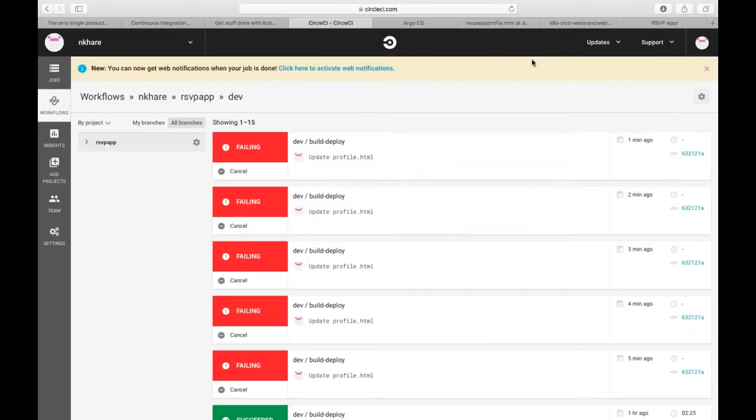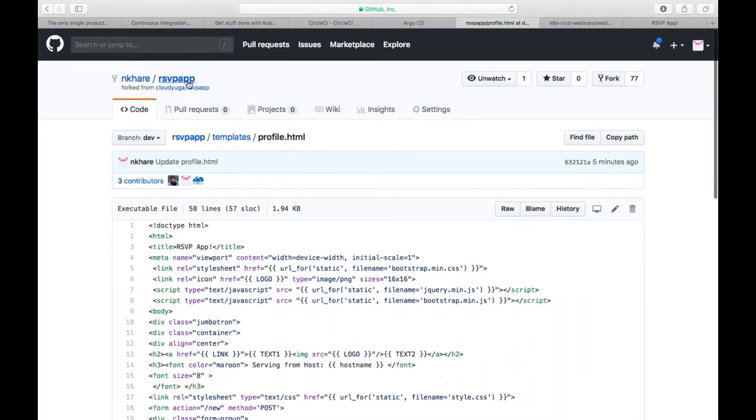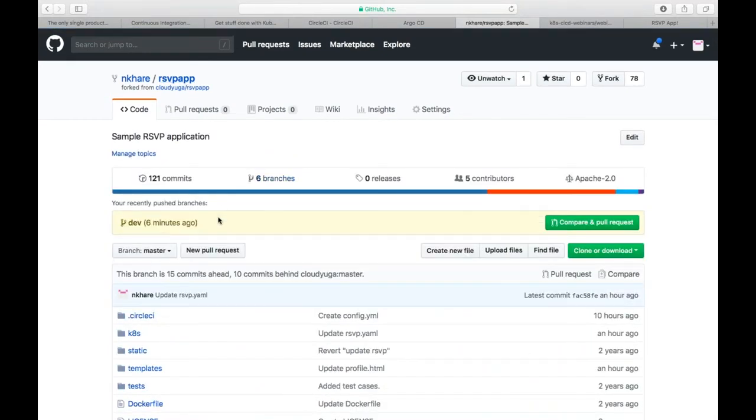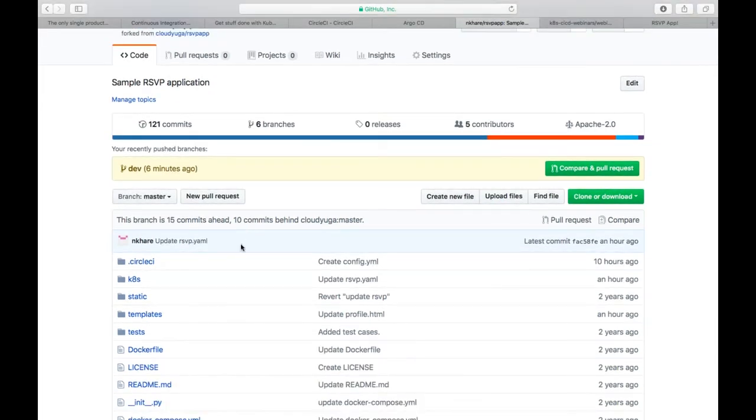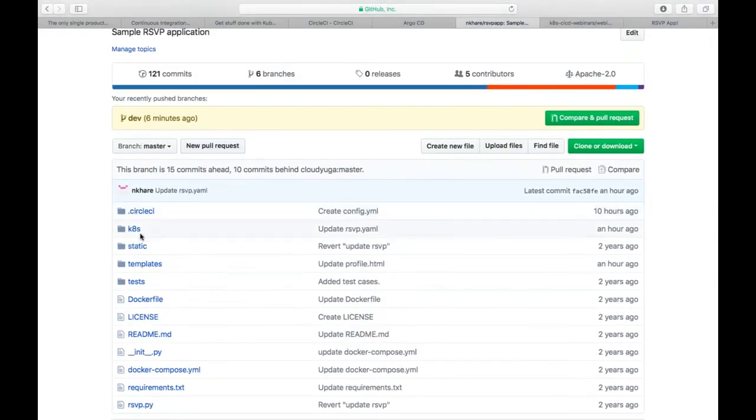Let me quickly show the Git repo and how it looks, and then I can talk better there. So let's go to our master branch. Here we are not going to look at the dev branch. If our test cases had run perfectly fine, we would have sent a pull request from the dev branch to the master branch, and then the master branch would have the latest code, which we were going to deploy into our environment. In our master branch, we have a directory called k8s.